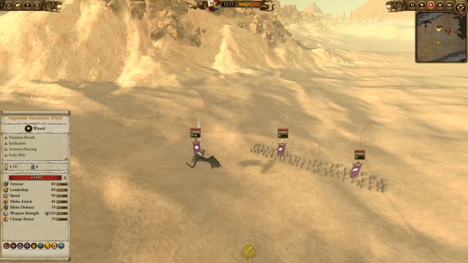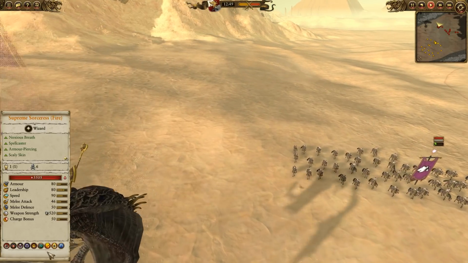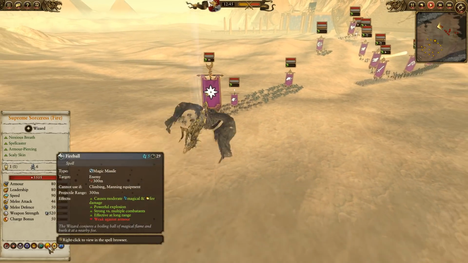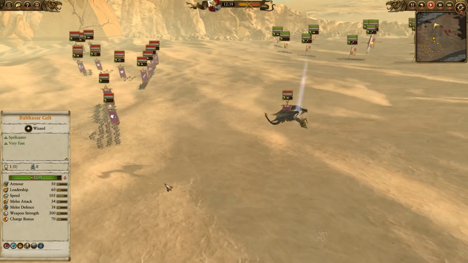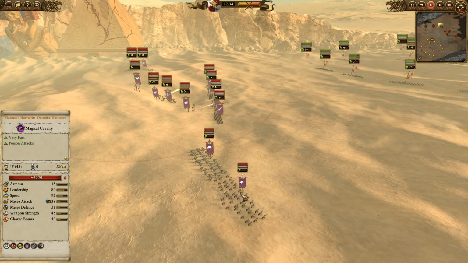For the Dark Elves, he's got a Supreme Sorceress Lore of Fire up on a dragon, which I quite like. I like this tactic as Chaos. Haven't tried it as the Dark Elves, but I'd imagine it would work just as well, except they don't do fire damage, so maybe not quite as much synergy there, but Cascading Fire Cloak and Fireball. I guess no Kindle Flame since there's not really a whole lot of synergy there, but we do also have